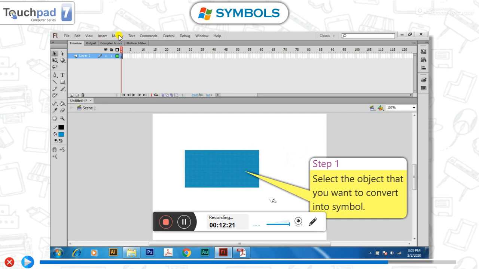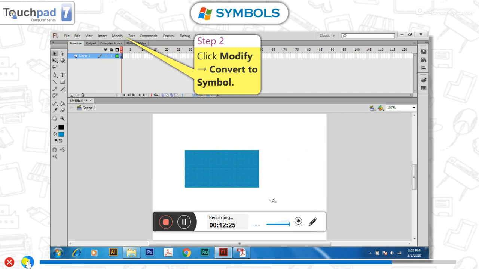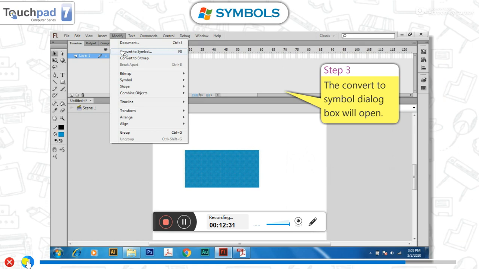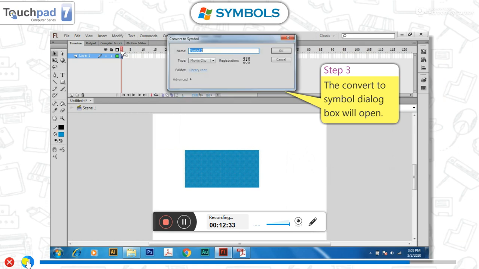After selecting, you have to move to the Modify menu, then Convert to Symbol. The Convert to Symbol dialog box appears.